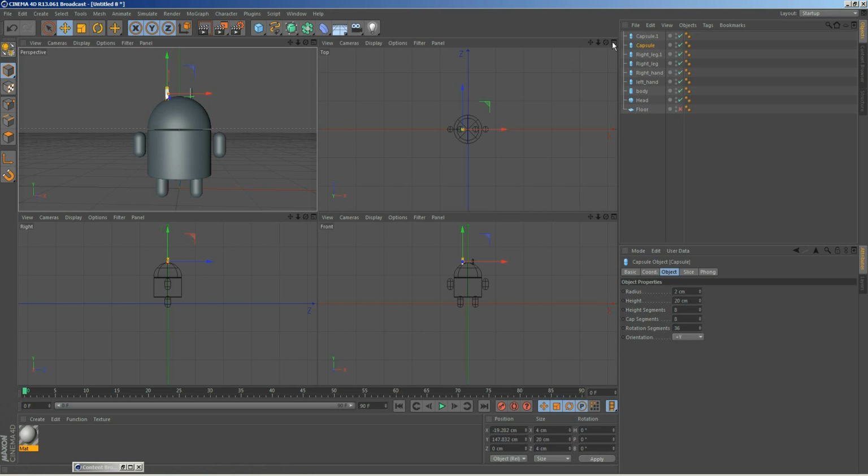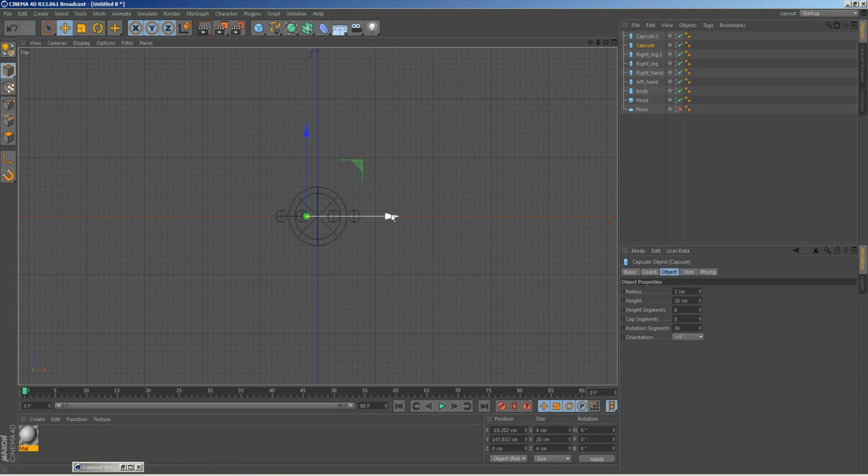So let's go to the top view and position it at this point, and we choose our next capsule, position it here. So what we do next is